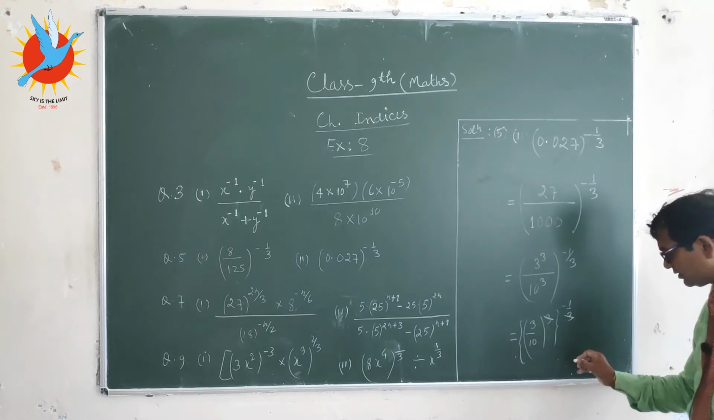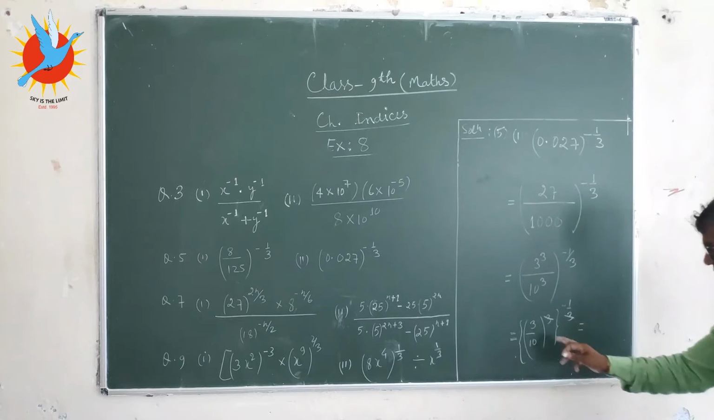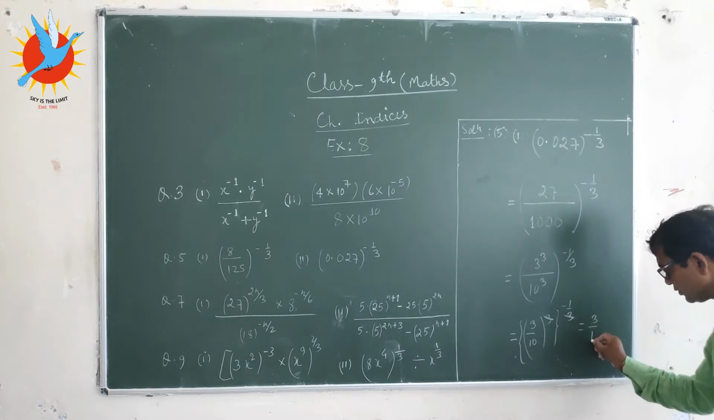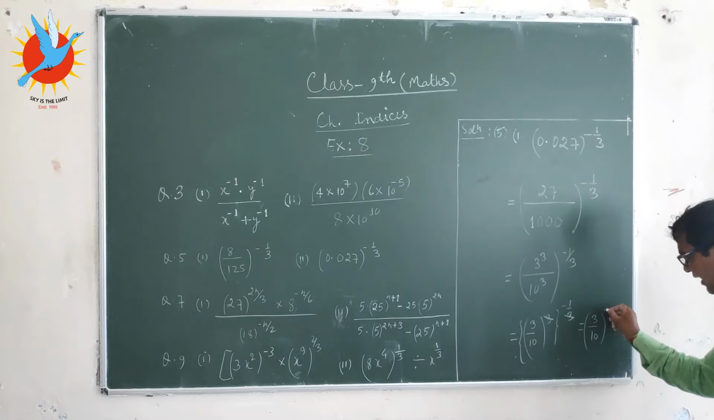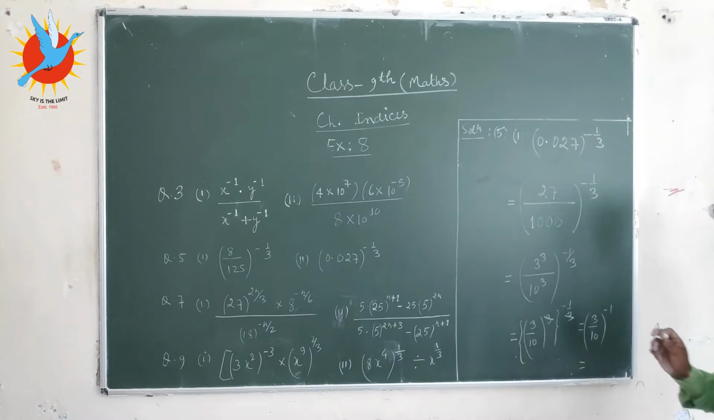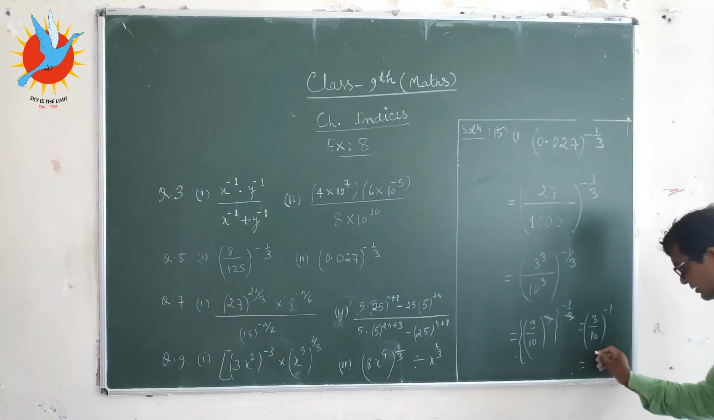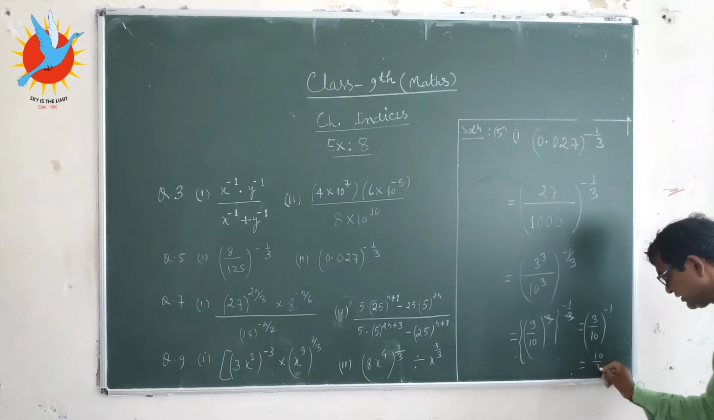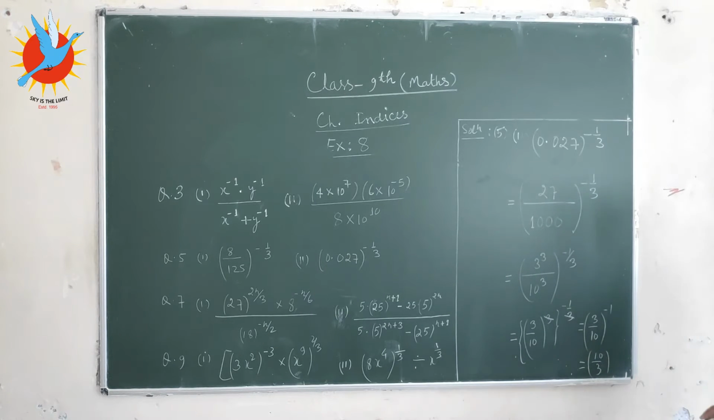We are left here with 3 by 10 to the power minus 1, and when we make this a positive index, this will become 10 by 3 to the power 1, and power 1 need not be written here. Therefore